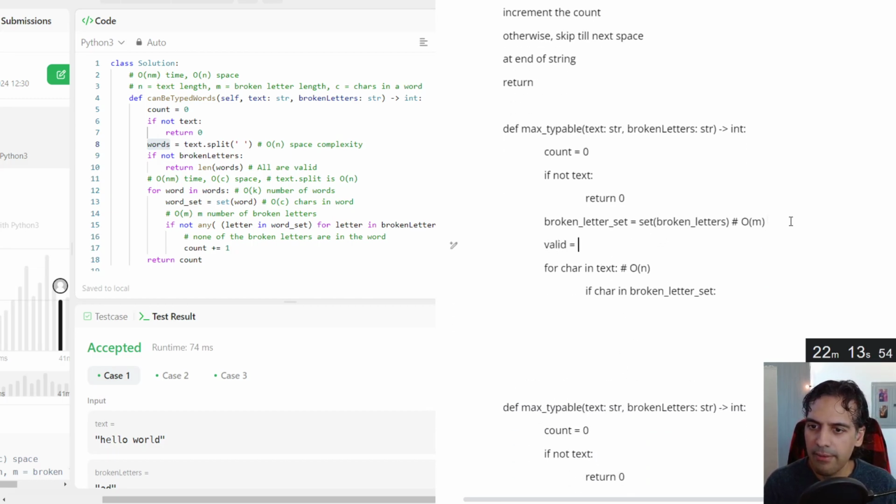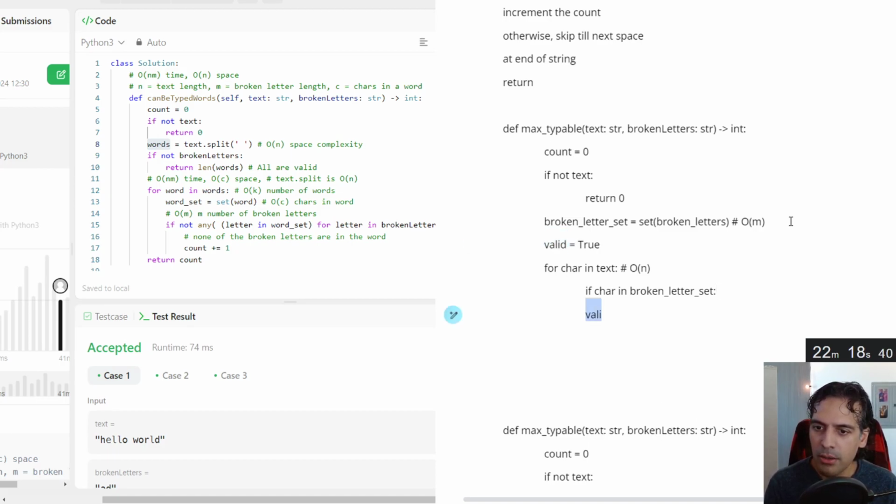let's start with a valid counter. Valid equals true. If char is in broken set, we are no longer valid.